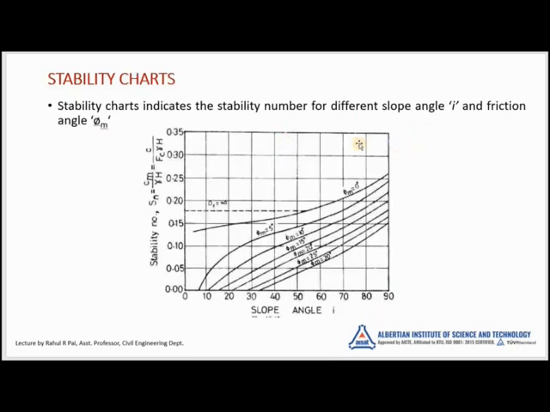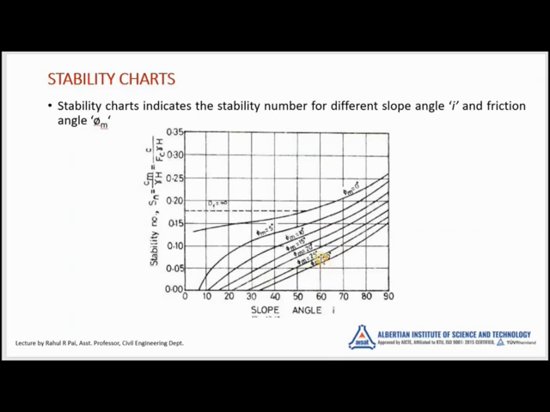So this is a stability chart. Now this is the stability chart for slope angle and the angle of internal friction. And from this chart, how will you get the stability number? So let us consider an example. Say my sloping angle is 60 degree and the mobilized angle of internal friction is 25 degree. So this is 60 degree, corresponding to 60 degree sloping angle. You have a phi m here of 25 degree. So this is the curve for phi m equal to 25 degree.